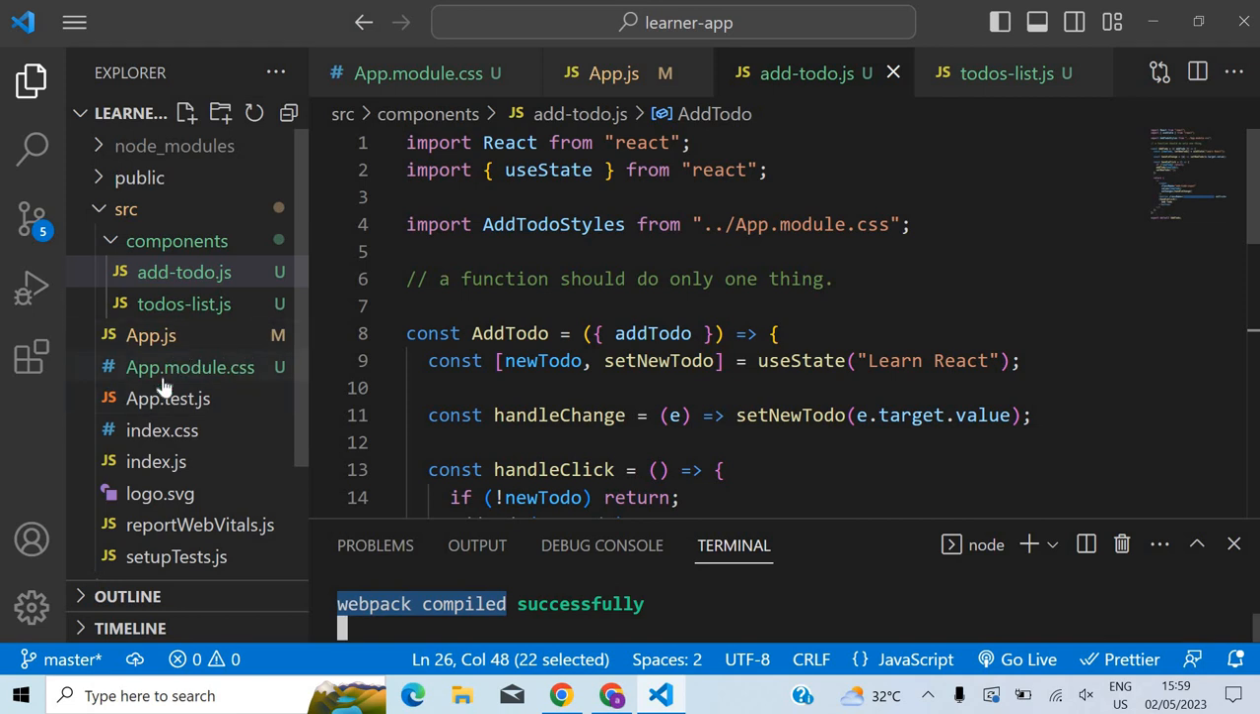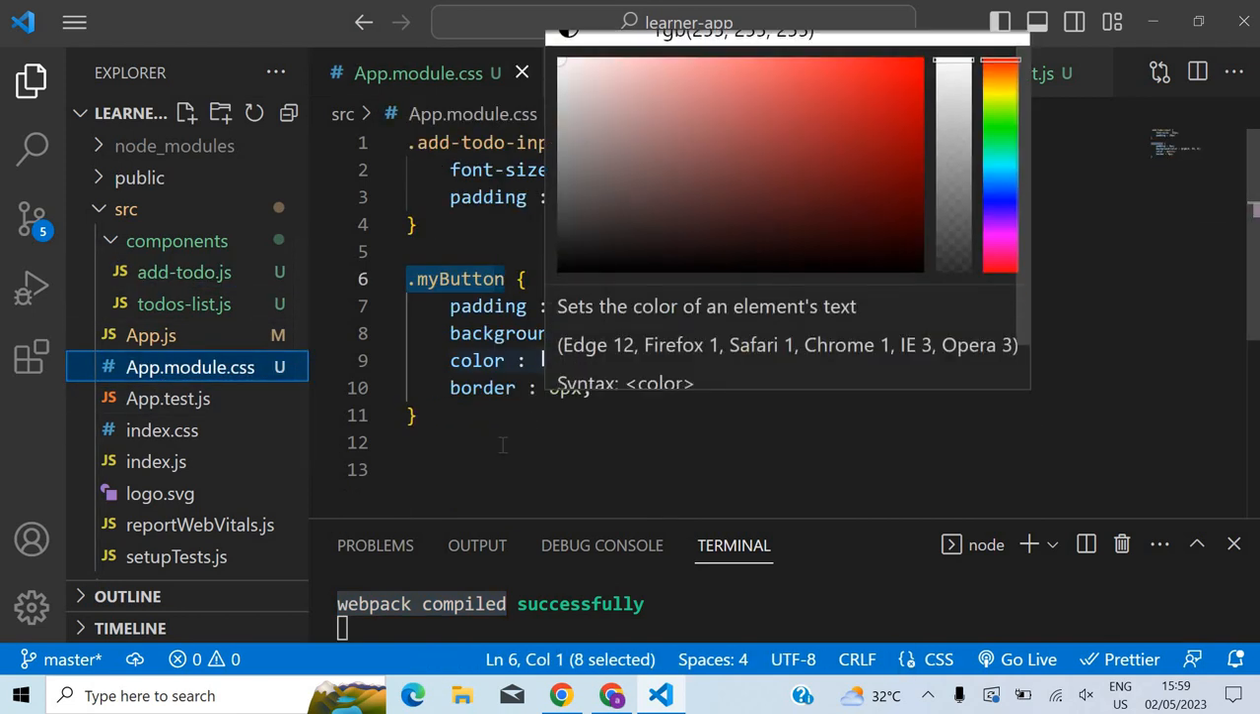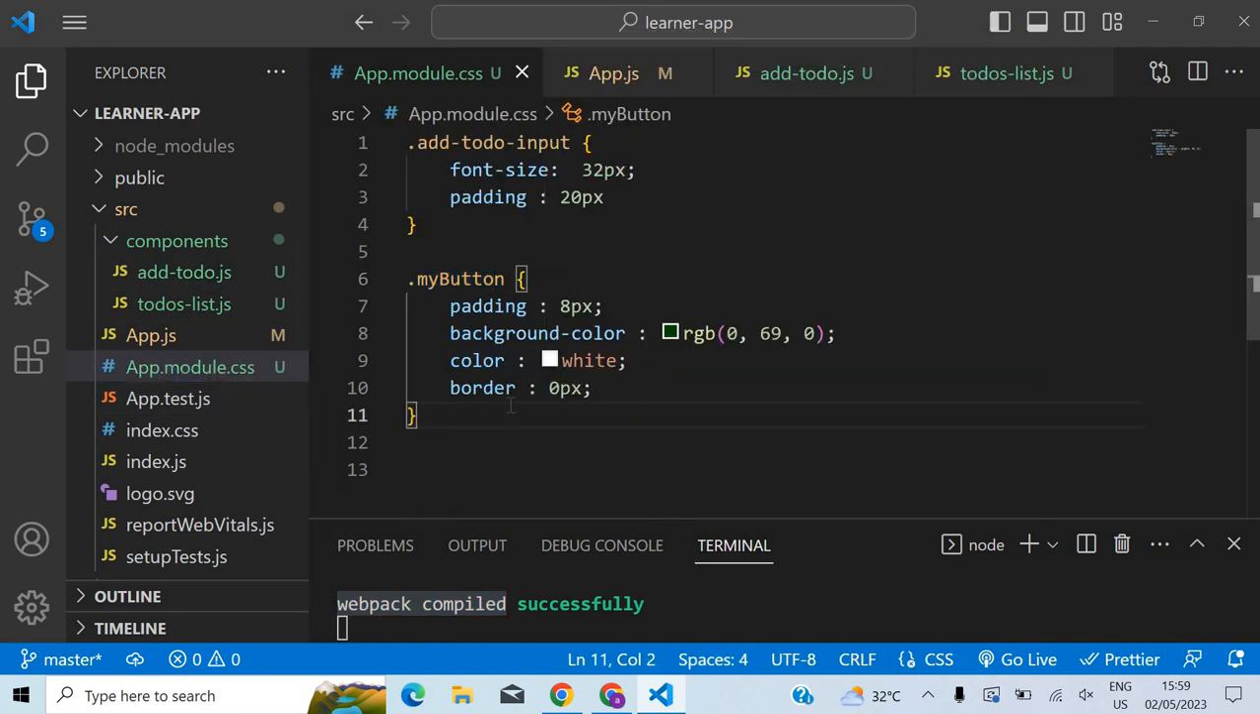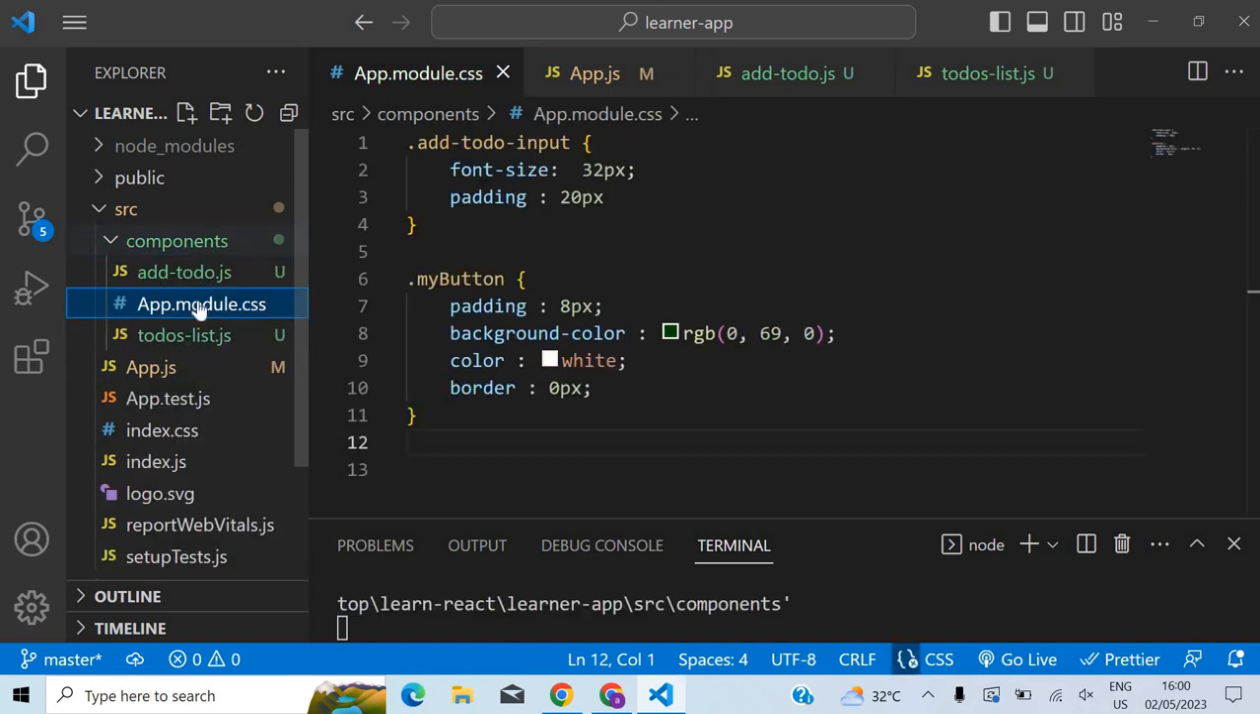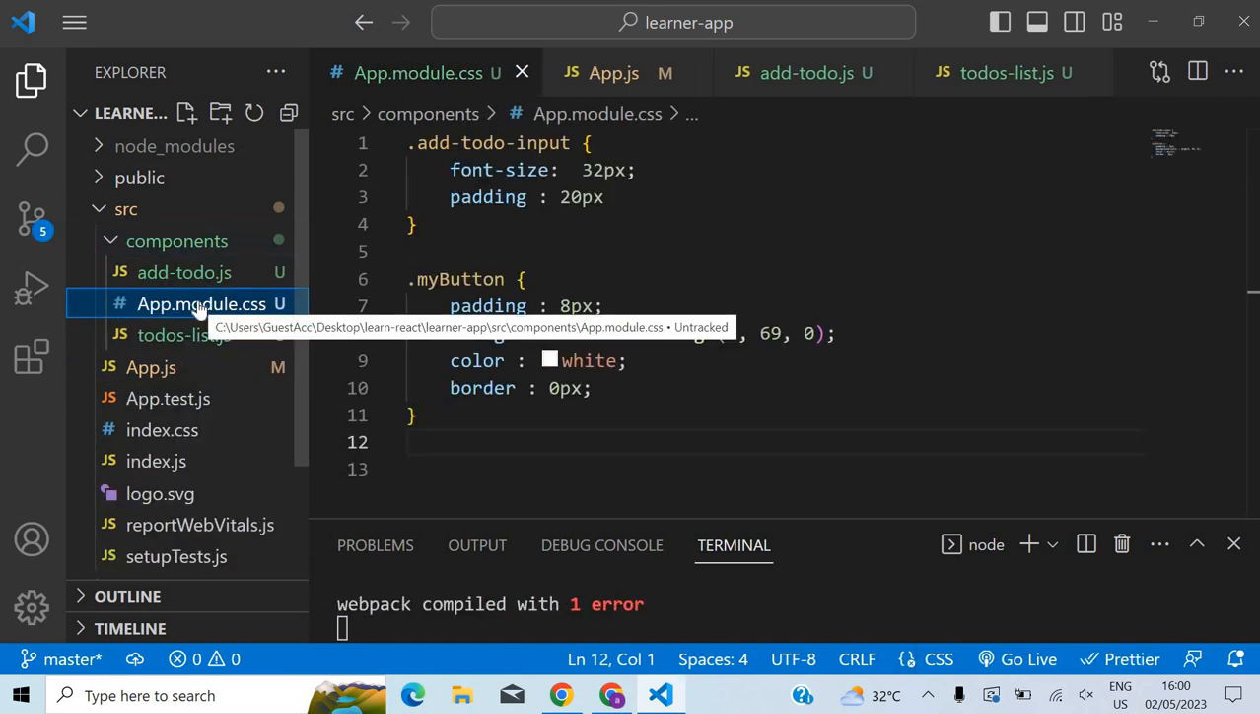So using CSS modules, you can write styles that are specific to whatever component you are using them in, okay? So I can write some names here, and I can write the same name in some other file as well, and there won't be any conflict. For example, let me change this app.module. Let me bring this file inside here, and let me change the name to add to do dot module